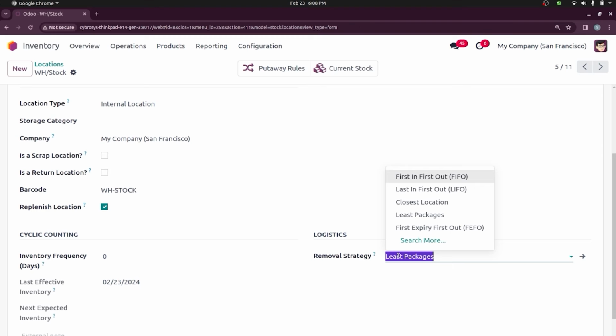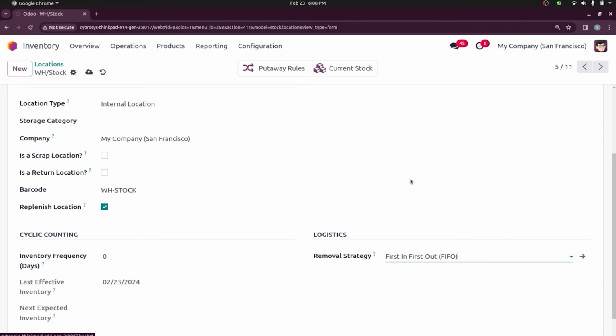There are the removal strategies first in first out, which means the first product that enters the stock will go out first. Last in first out means the last product that enters the stock will go out first. Then closest location, least packages, and first expiry first out. Let's check each. Here I'm choosing first in first out. After saving this,